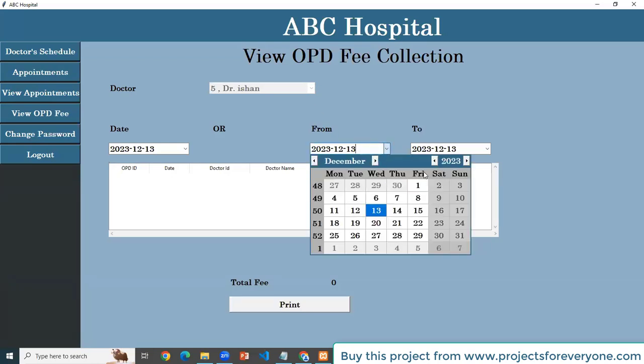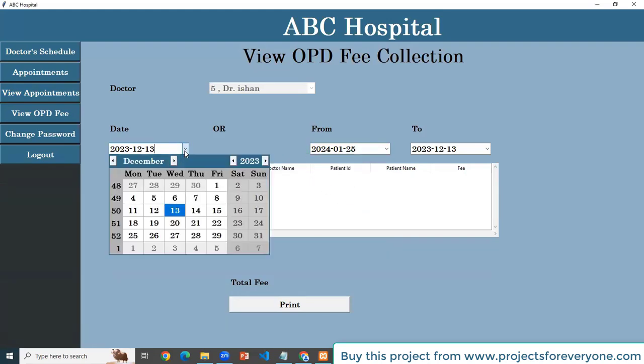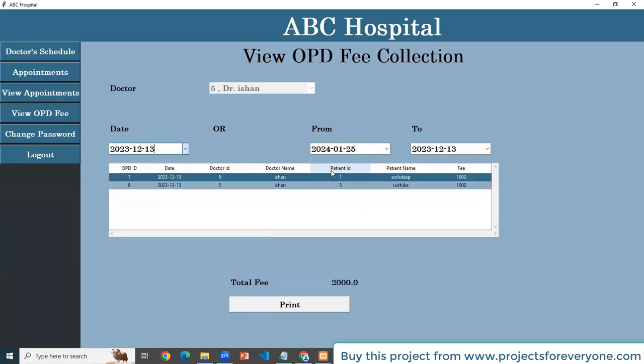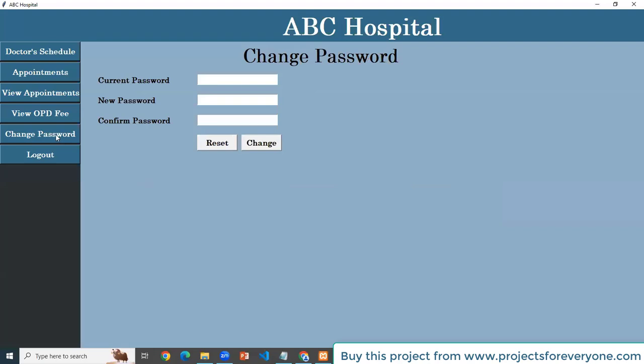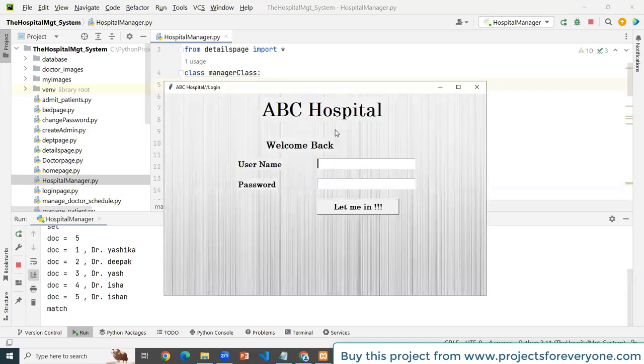He can also view his OPD fee collection, change his password and log out.